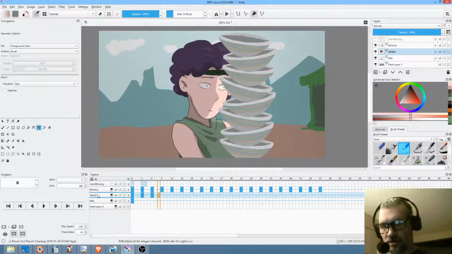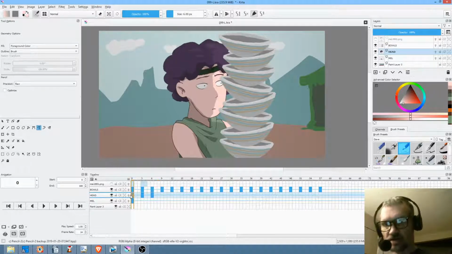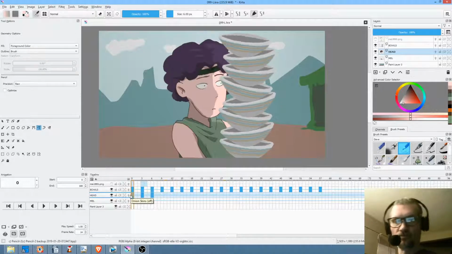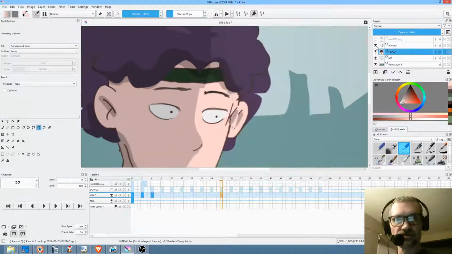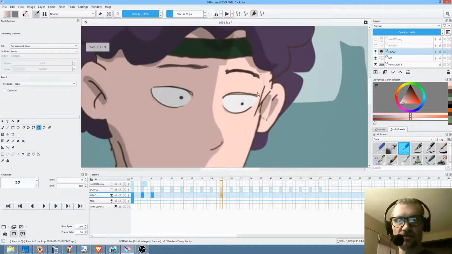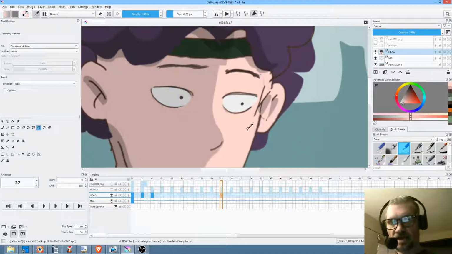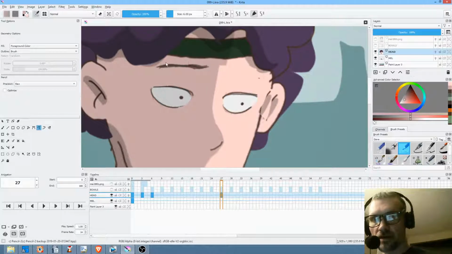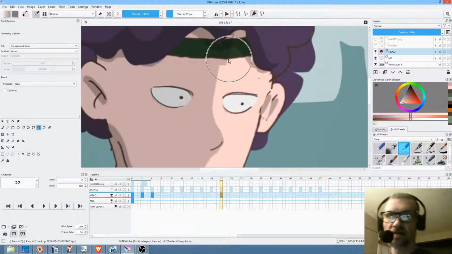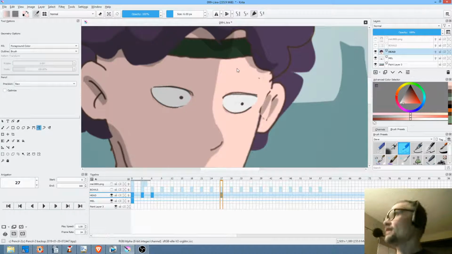Okay, so what we're going to do here is on the head layer, I want to check the timing. He bends and boom, right there. So let's do it here. Watch this. What I'm going to do is actually turn the bowls off, and now you can see this flaw in his head that we didn't even realize was there. Let's fix that just for fun. We don't technically need to. And all I'm doing is just lassoing around these items so that I can then